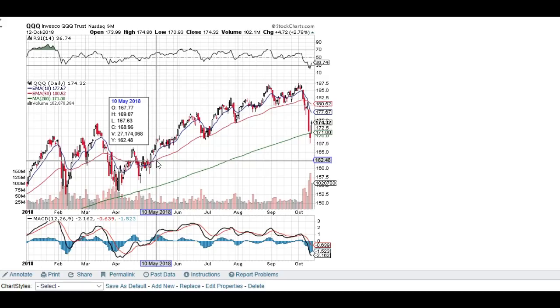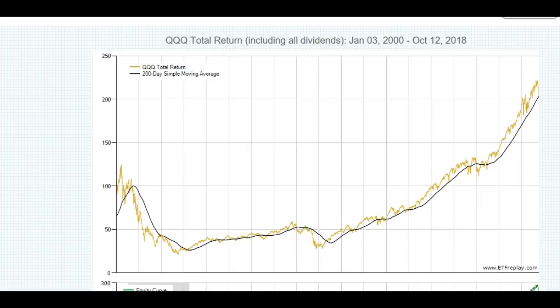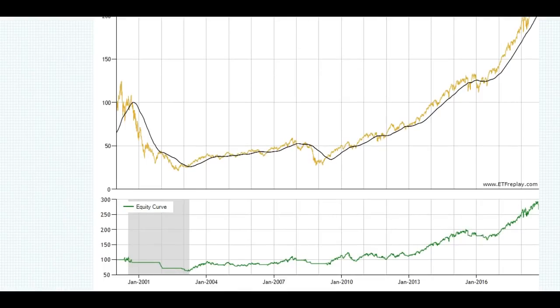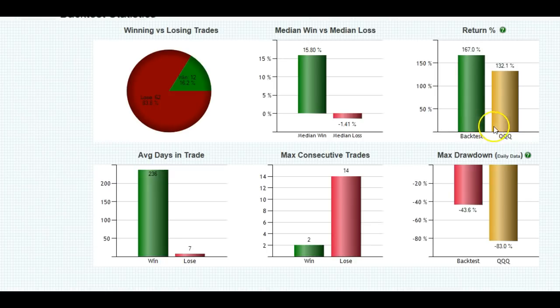Backtesting is a major tool for trend followers. By seeing what worked in the past, they have better odds of signals for the future. A backtest can be used to see what actually happened. This example is a 200-day moving average and how it did hold and signal an uptrend in the market. Recently, last week, we did have a drop below the 200-day moving average, but it is back over it as of Friday. So historically, the backtests, just trading above the 200-day moving average, returned 167%, while buy and hold returned 132%,